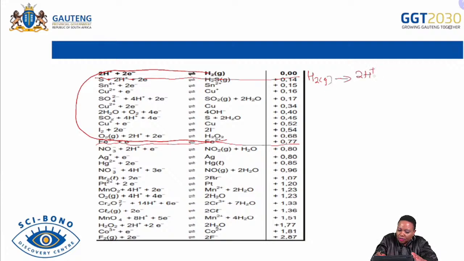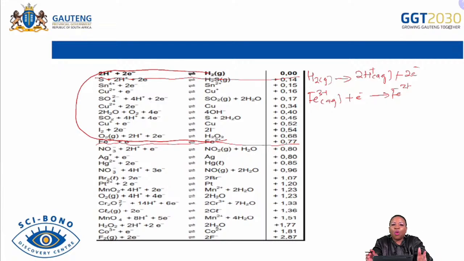2H+, which is aqueous, of course, plus 2 electrons. And then for reduction, we are going to have Fe 3+, we write it exactly as it appears, plus an electron, giving us Fe 2+. Therefore, after identifying the oxidation and the reduction reactions, we can now start and search for our anode and our